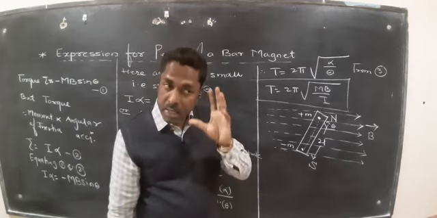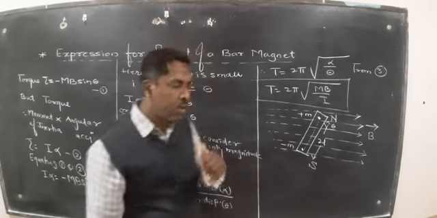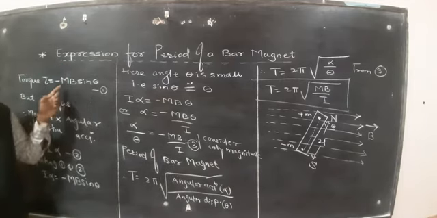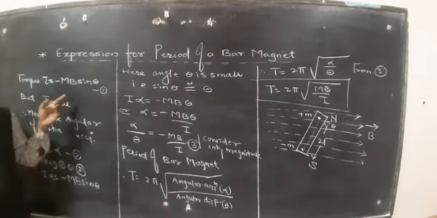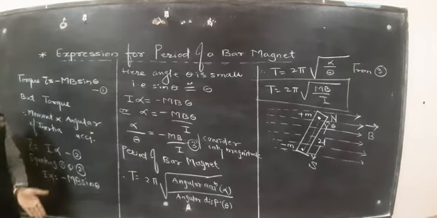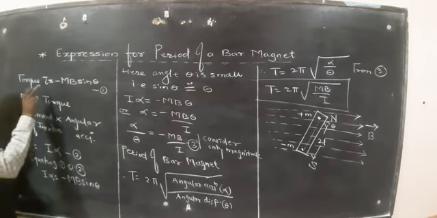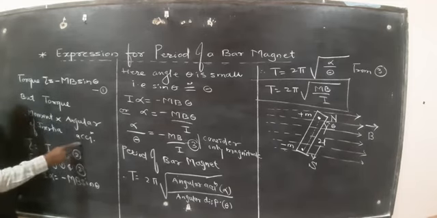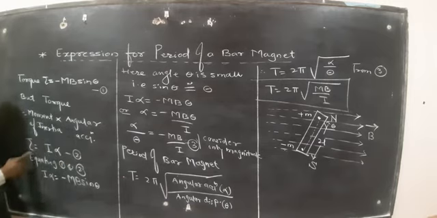It means that it experiences some amount of torque, and that torque is nothing but minus mb sin theta. What is this m? mb is the magnetic dipole moment of a bar magnet, and B gives the uniform magnetic field. What is this negative sign? The negative sign indicates that the force is acting in the opposite direction. But actually what is torque? Torque is the product of moment of inertia and angular acceleration. So torque T is equal to I alpha, equation number second.